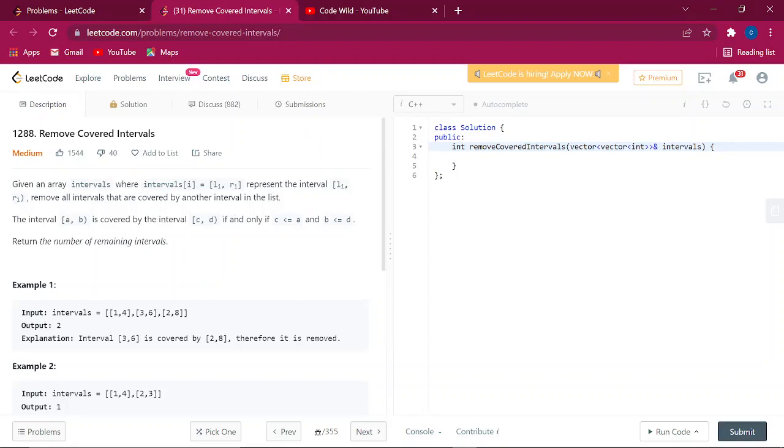What does this statement mean? It means interval a, b is covered by interval c, d if and only if c is less than or equal to a and b is less than or equal to d. I mean, what does this mean? For example, let's take